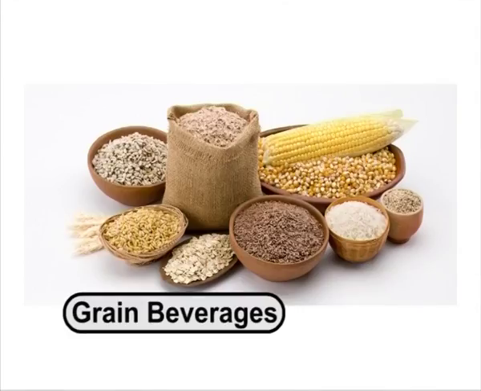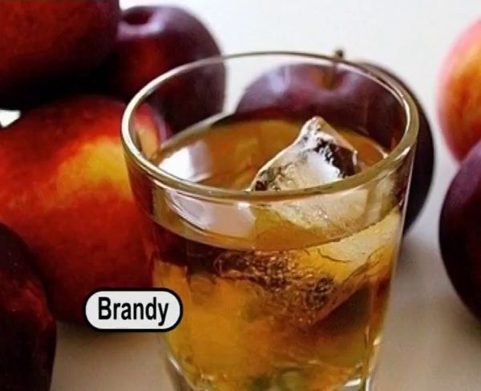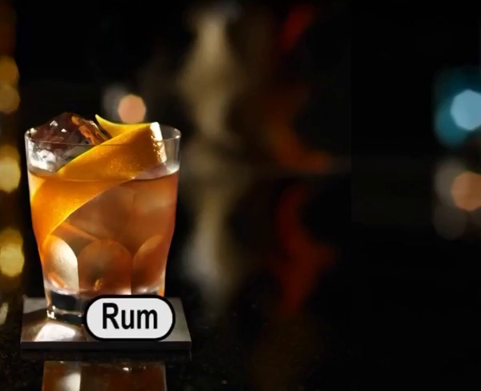In general, the following steps are involved in the preparation of the distilled spirits. The details may differ slightly according to beverage. First, preparation of the medium. In the grain beverages such as whiskey, vodka, gin, the grain starch is hydrolyzed to sugars with microbial enzymes or with enzymes of barley malt. In others, no hydrolysis is necessary as sugars are present in the fermenting substrate, as in brandy, which uses grape sugar, and rum, which uses cane sugar.